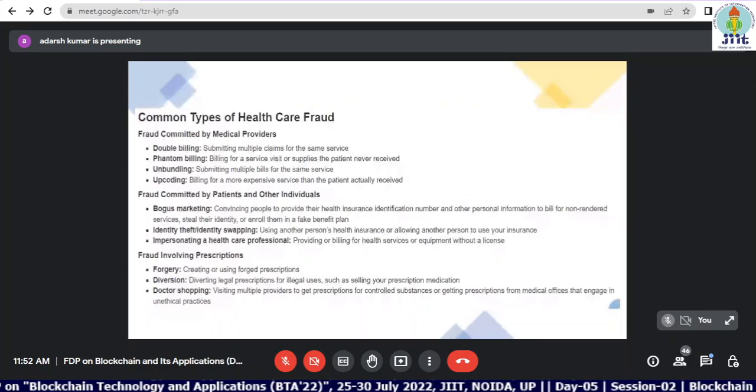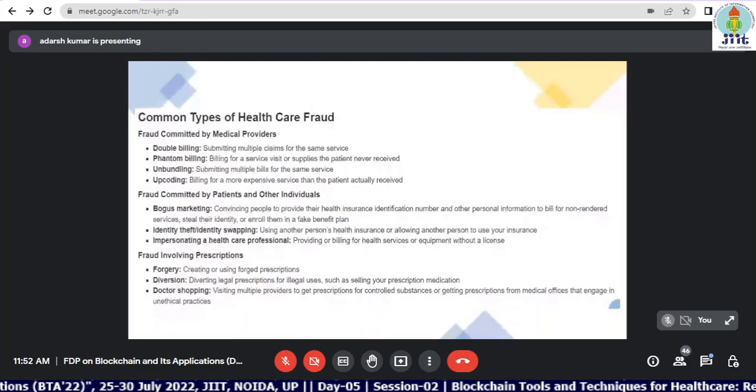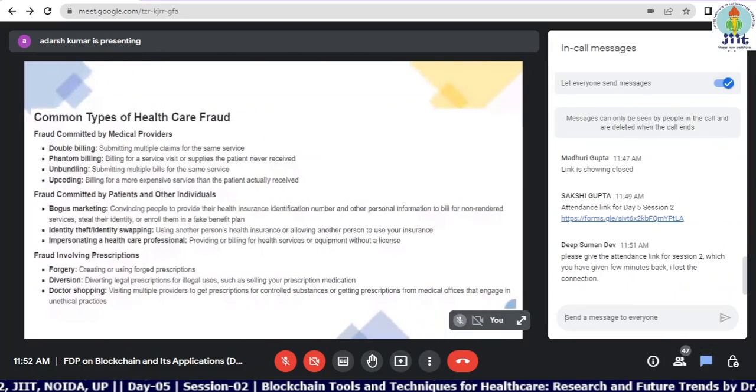So they can bribe the doctor and they can create a forged prescription. In India, we do not need the prescription, but in the developed countries, you cannot go to a specialized person without having the approval from the general physician. So in those countries also it is happening. So we need to handle all of these frauds.